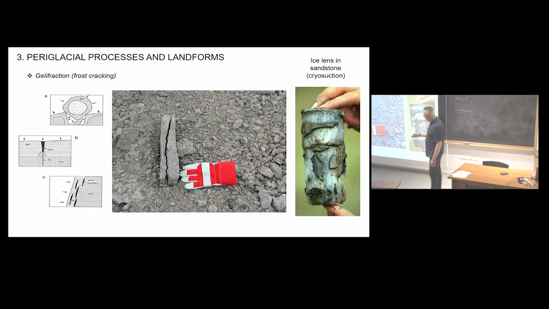You can also have cryosuction even in rock, and you can create ice lenses, and the formation of the ice will exert pressure, and you can create that kind of material. And here you have a permafrost core. This is sandstone, so this is bedrock. This is sedimentary rock, but sandstone does have a porosity. And water can migrate through that porosity, and what you're seeing here are ice lenses that broke the sandstone. So that's another process to break